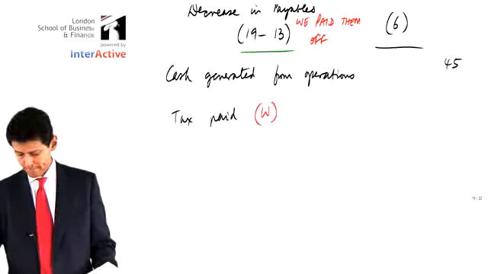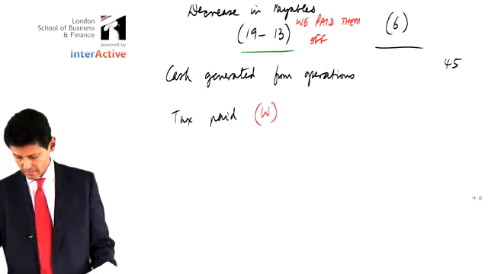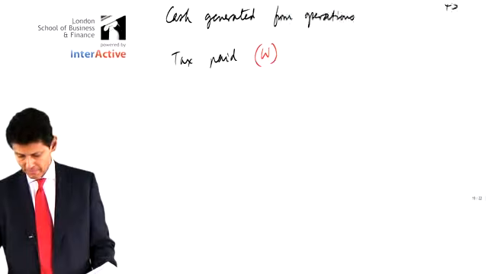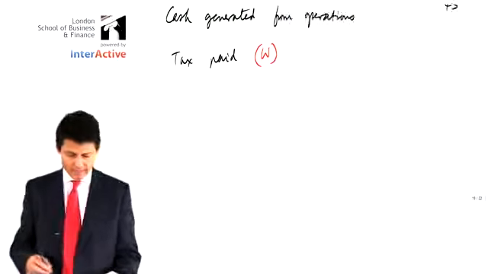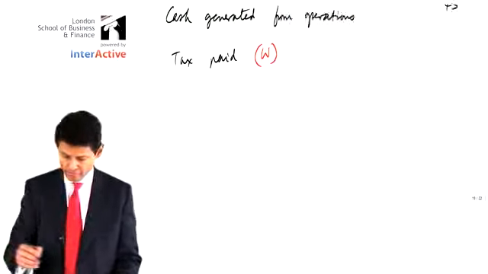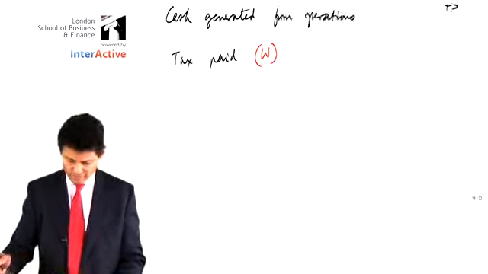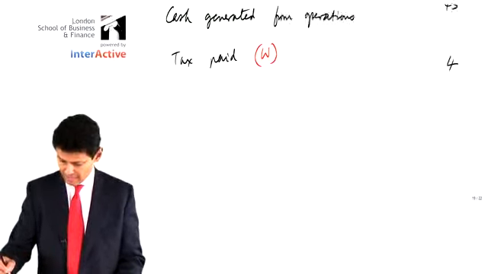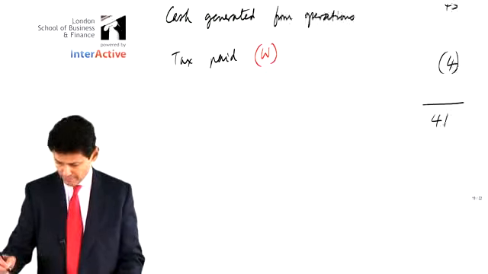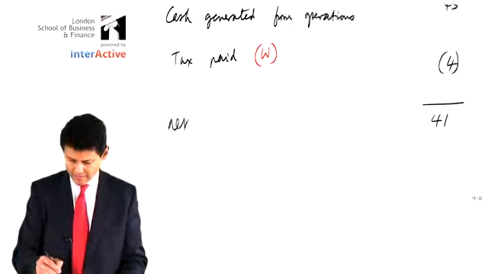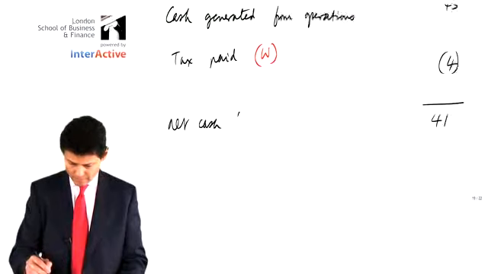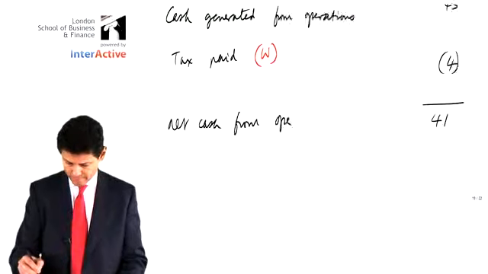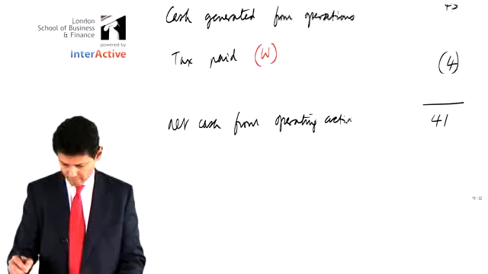Here we are. The cash paid, I believe, in this question is a figure we worked out just now, 4. So let's bring in 4 as a deduction. And so the running total is 41. So net cash from operating